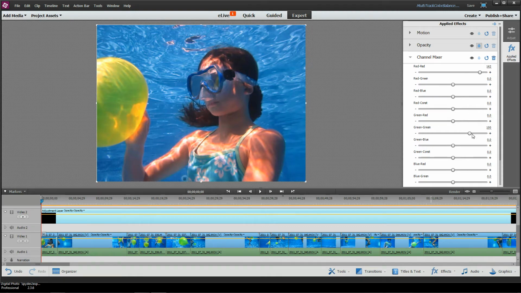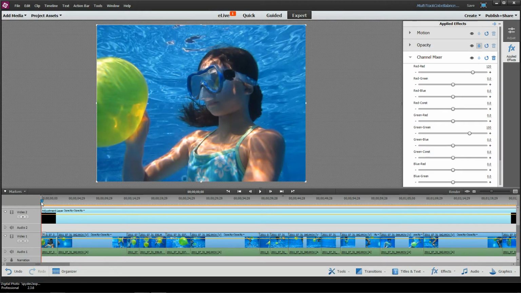Now this comes in default. I don't know why it's so high. Maybe it's an example that I had before. I'll just step up the red to 109, values of 109 or so. Now to get an idea of what that looks like, I'm going to toggle the little eyeball on or off, and you can see the subtle difference in the color balance.